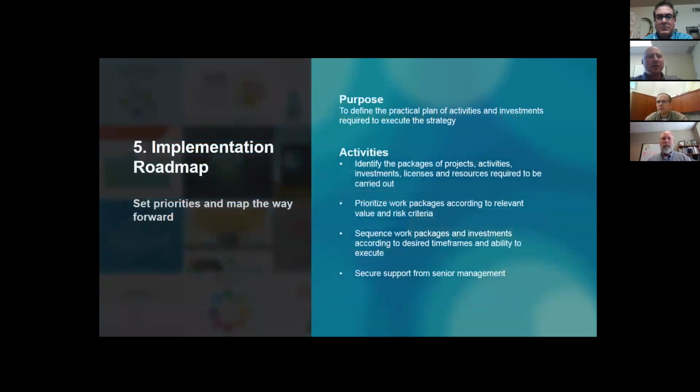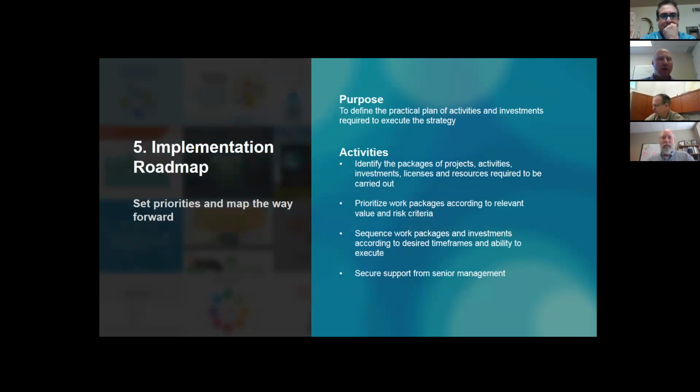And so the last thing that you do is, of course, this has to have a plan. This has to be put into some kind of roadmap. And that's really the end game for a strategic plan. So then the process is looking at packaging up your projects, your activities, your investments that you need to build that capability model, achieve those goals. You put it into a sequenced, phased, usually kind of a roadmap,